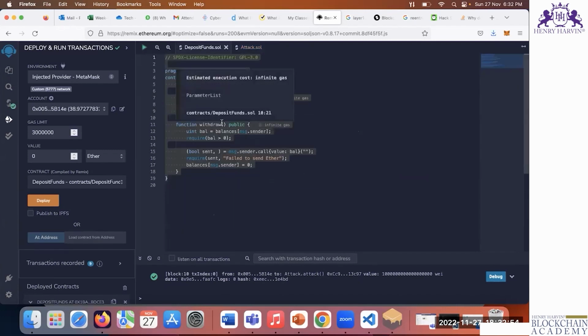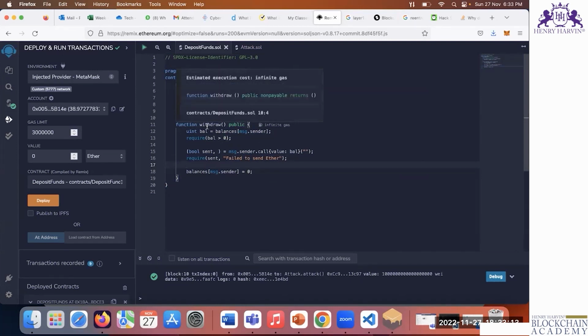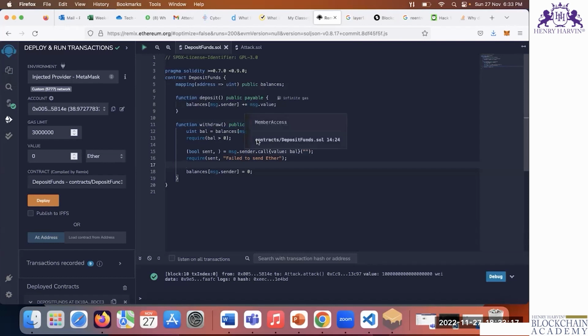In the withdraw function, again calling means it will get the balance. That is still one itself, because we have not yet set the balance of that sender equal to 0. Before setting the balance to 0, it is calling the function again. So now also the balance is 1, and the deposit fund smart contract transfers 1 Ethereum to the attacker.